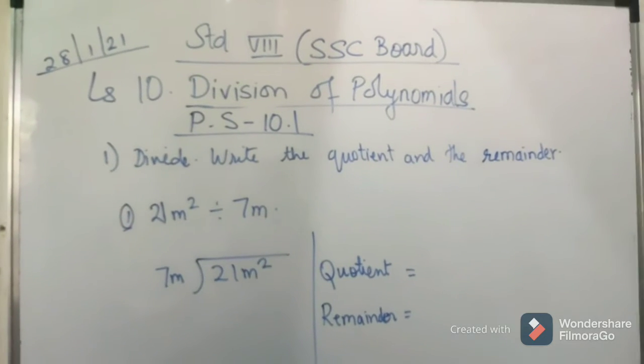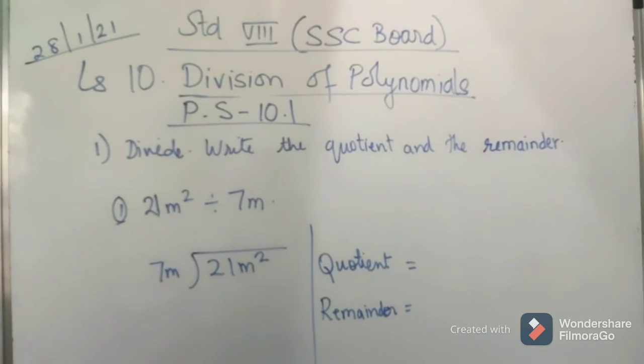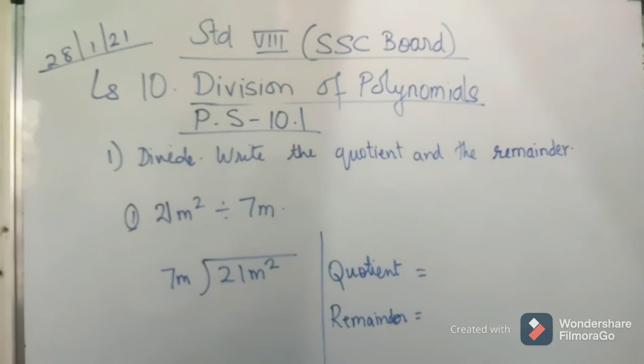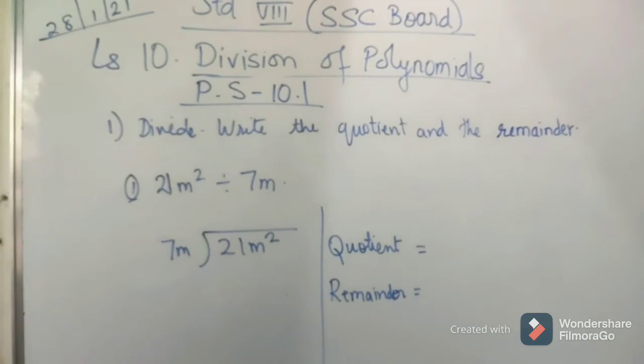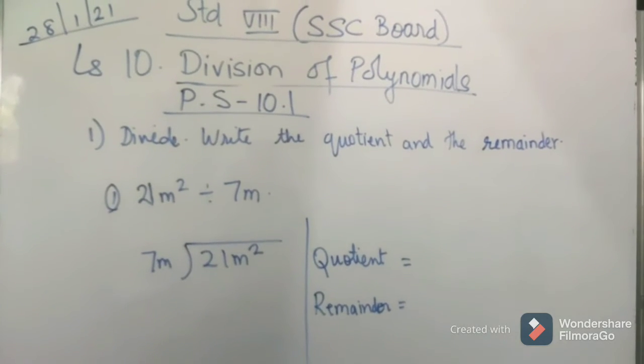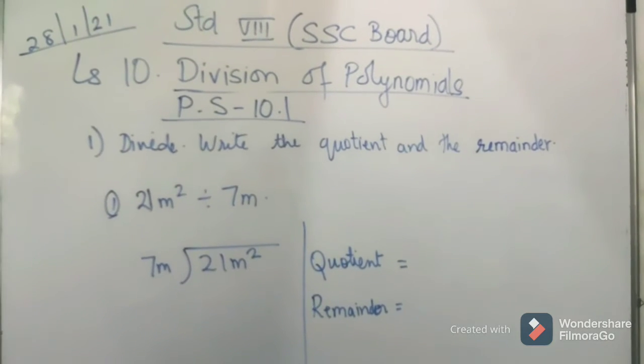So now I hope that you have understood the solved examples. So you can start with the practice set 10.1 exercise. It has only one question, and in that one question we have 10 sub questions. So the first question says divide and write the quotient and the remainder, and in that the first one is